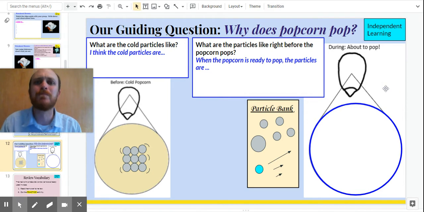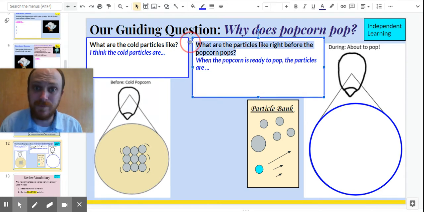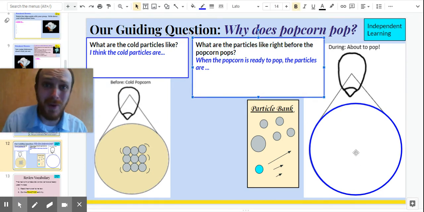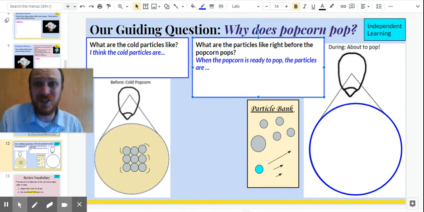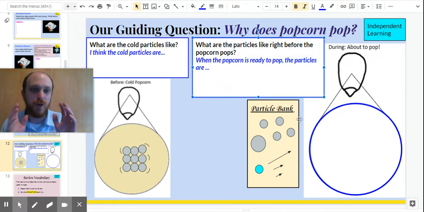We want to figure this out. So I want you to write. This is the part that you might not know, and that's cool. I want you to think about it and do the best you can. What are the particles like right before the popcorn pops? Tell me about that. Then I want you actually to figure out how you can, once you have an idea,